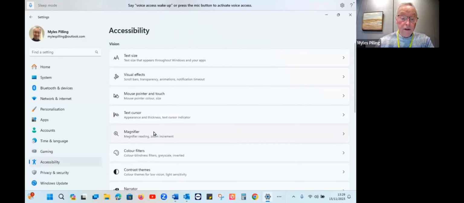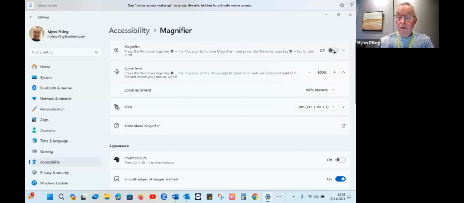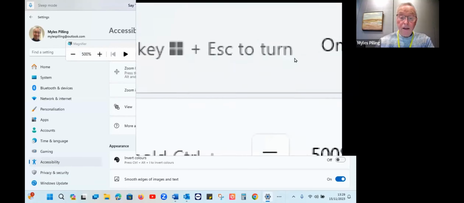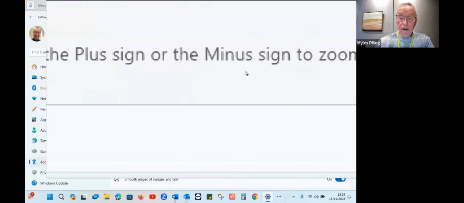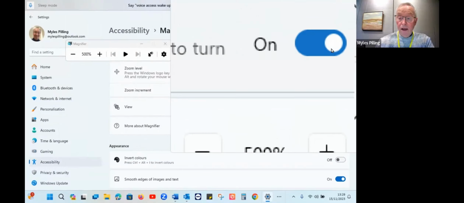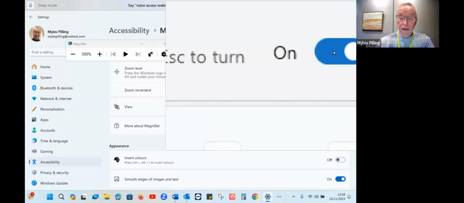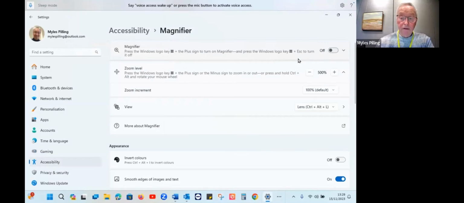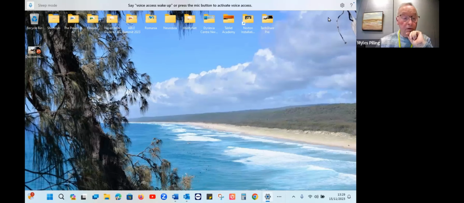Or you could use the magnifier, which when I switch it on, I've got on what's called the lens rather than the whole screen, because I can move it around the page and see elements blown up for you. This again is built into the system. There is no additional cost. And of course, there are free screen readers, NVDA being one of them, and you'll see them on the stands if you were here at the exhibition, but you can look it up on the website.